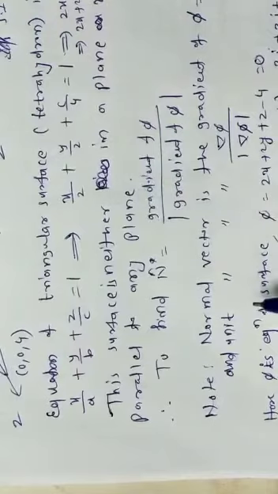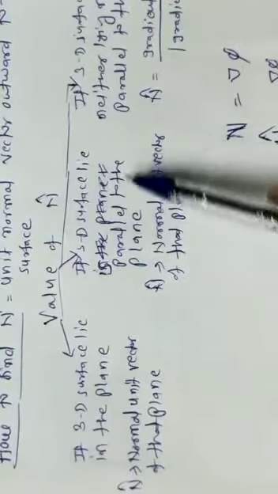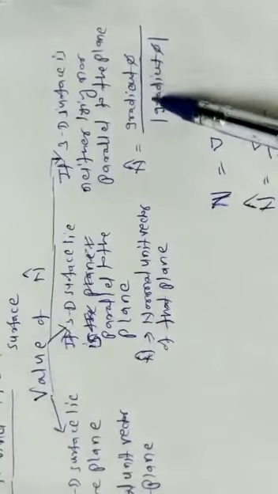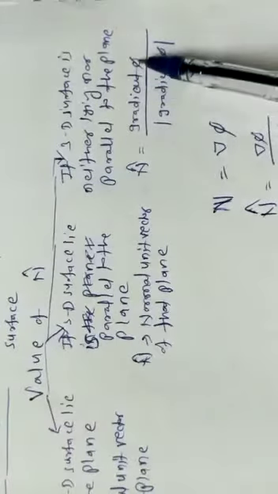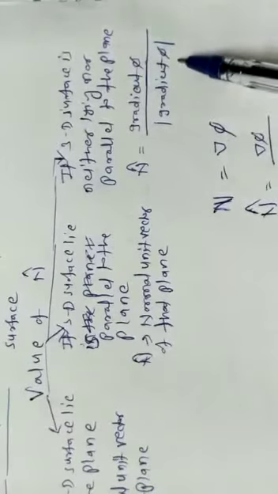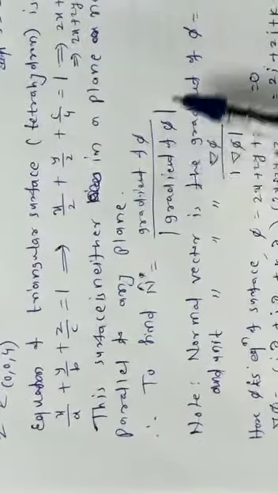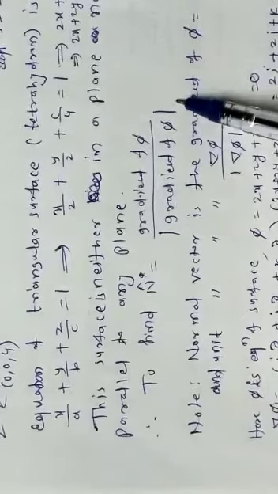So if you remember the explanation which I gave you, there are 3 cases, right? The surface lies in the plane, surface is parallel to the plane, and the third case means this case. In this case, what is the formula for n cap, students? See, it is gradient of phi upon magnitude of gradient of phi, right? So same formula we are going to use here, and therefore I wrote this formula. N cap is equal to gradient of phi upon magnitude of gradient of phi.